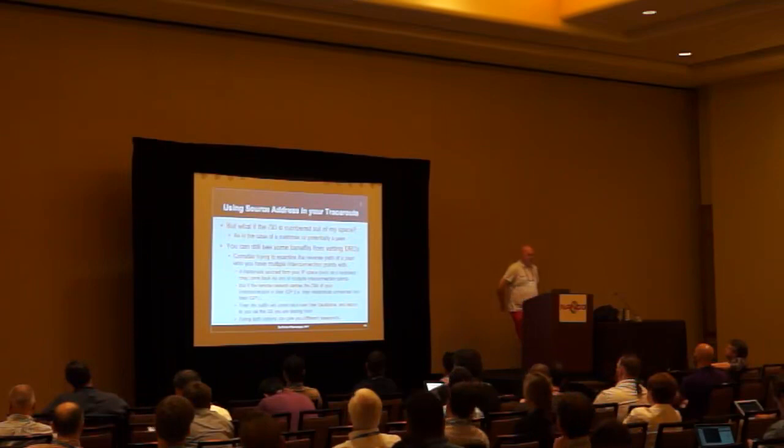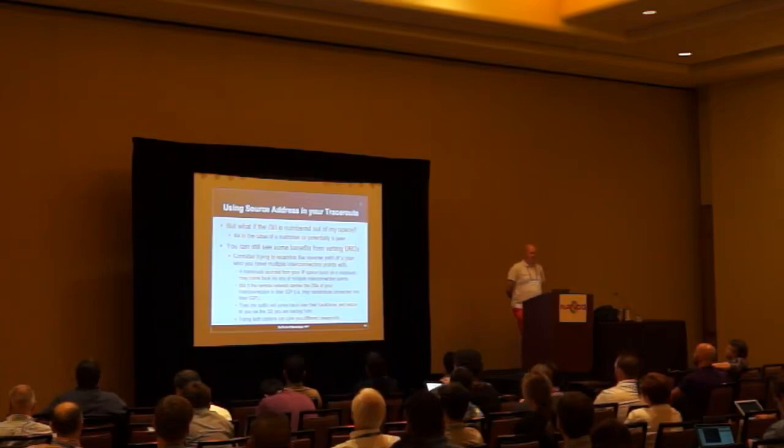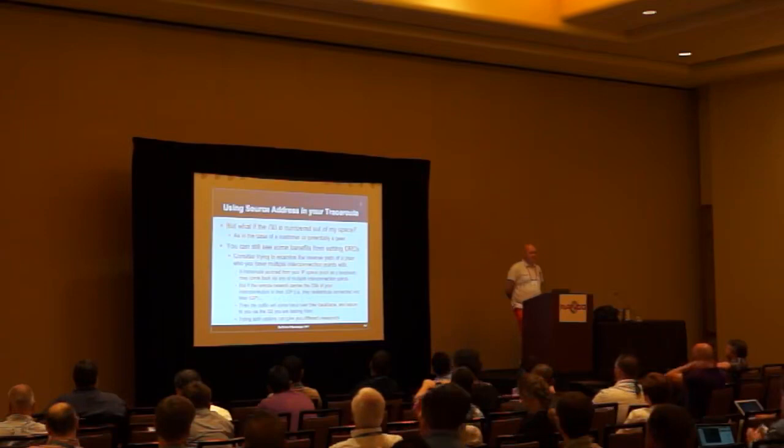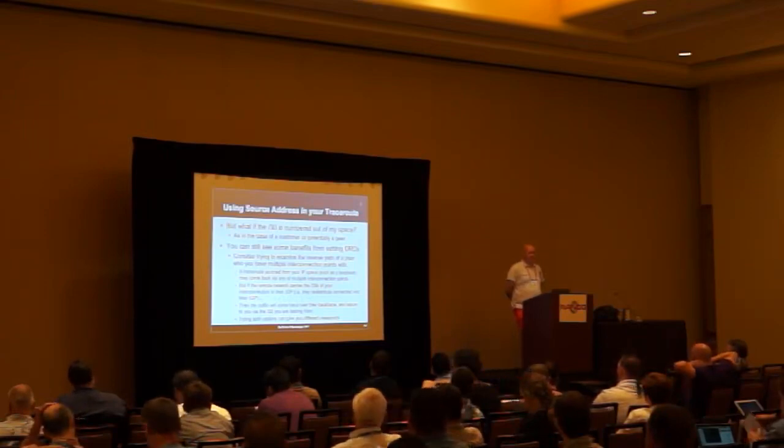So how do you use source address in your traceroutes? What if it's numbered out of my space, as in the case of a peer? You can still see some benefits. Typically what I tell people to do is start sourcing from as many different diverse sources as possible and see what you can get. So for example, say that I peer with Level 3 and we have a /30 between